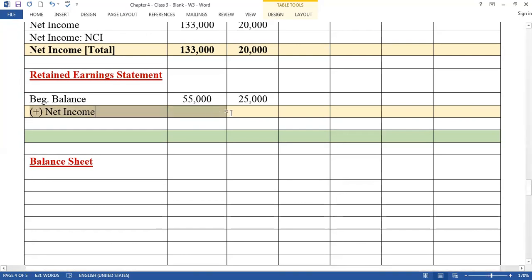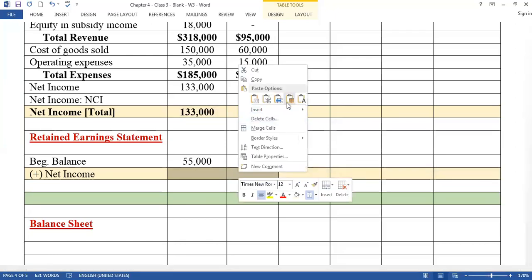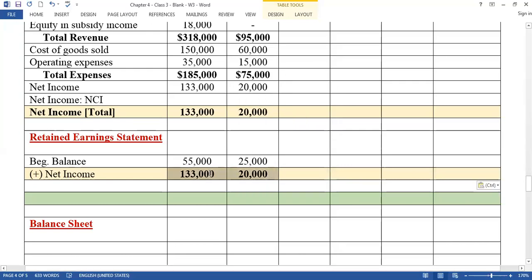I keep the pink color here because I told you that we already have the net income total column here. Whatever we have there, it should come here. Clear? At this moment we have only two numbers, so we copy and paste here. If we have any number later on, we have to copy and paste it under the same cell. So beginning retained earnings plus net income, and we know the formula is